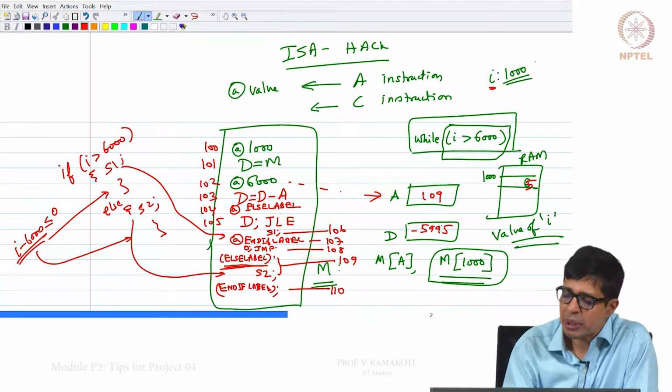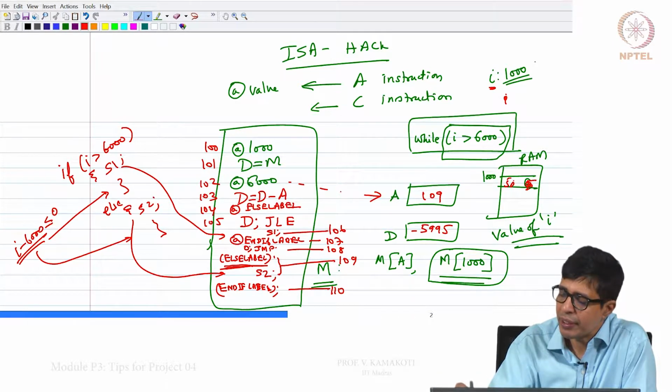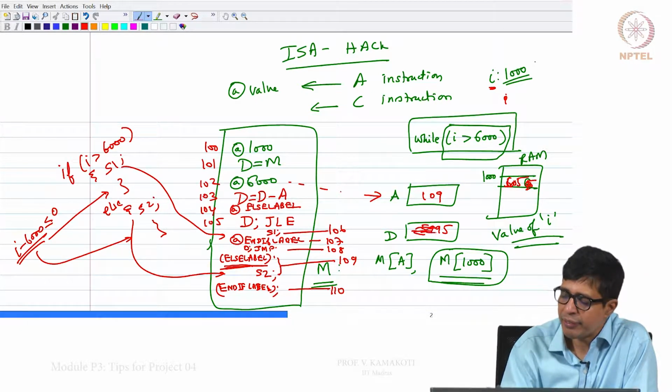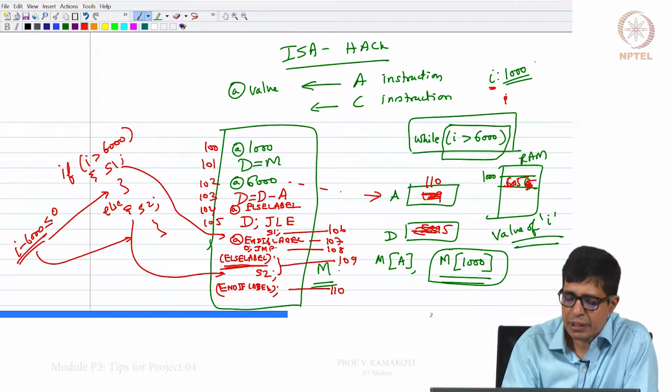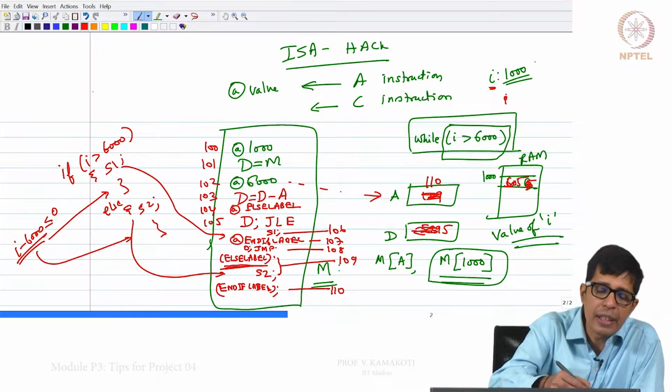But suppose this is positive, suppose I was instead say 6005. So, when I subtract, this would have given 5 plus 5, so your D will not be negative here. Then what you do, you execute the statement S1, then you say at end if label, which is 110. So, 110 will be loaded here and 0 semicolon jump essentially says no condition to be checked, just jump. This is called an unconditional jump, there is no condition to be checked here.